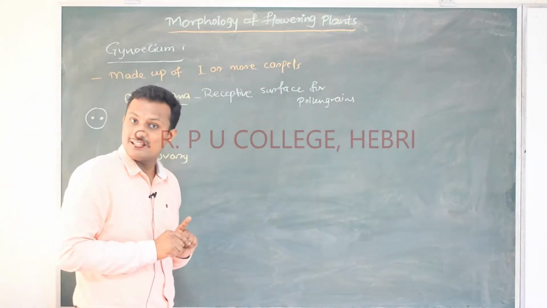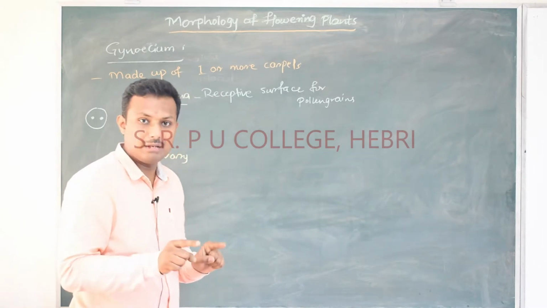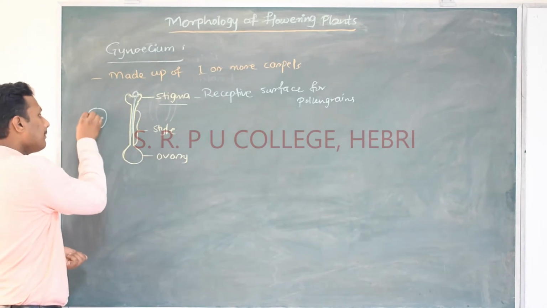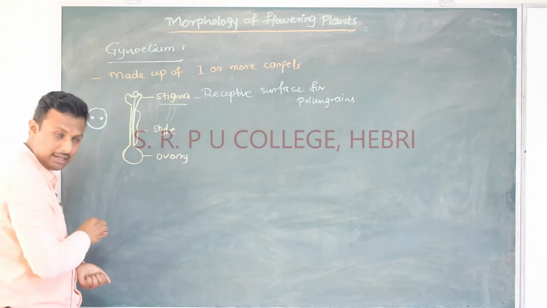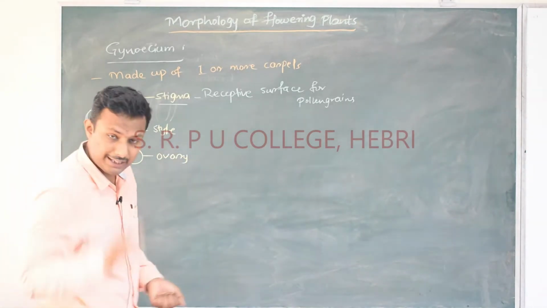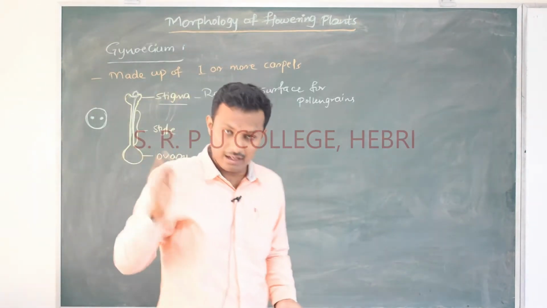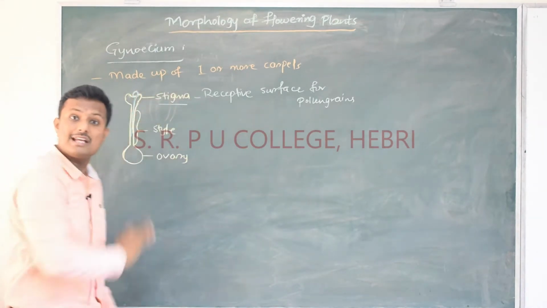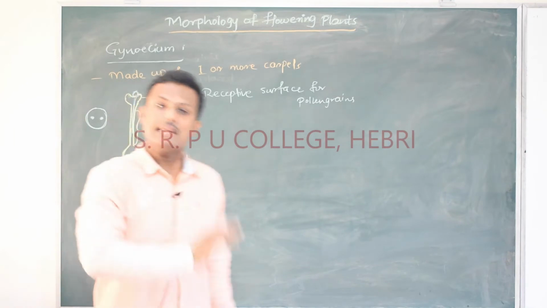Motile male gametes are not produced here. The male gametes are non-motile, and that is why the entire gametophyte, the gamete producing plant structure, is called as what? Gametophyte. You have already learned this in the plant kingdom, right? The gamete producing plant structure is called gametophyte, and in the case of the angiosperms, the male gametophyte is nothing